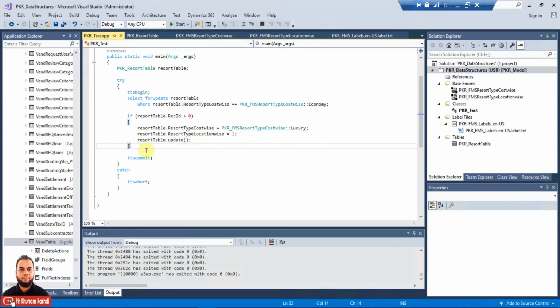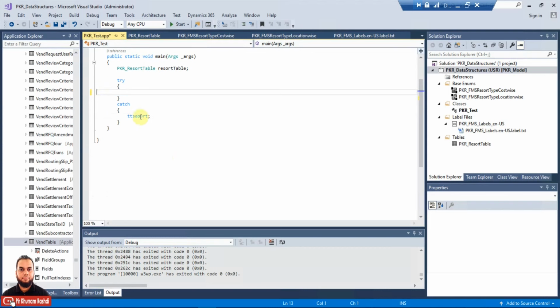Like for example, now what we'll do is we'll just change this example to something like this. We will insert one more record, and for that we need to change this whole example and just remove this structure.